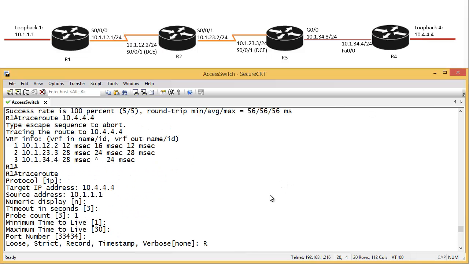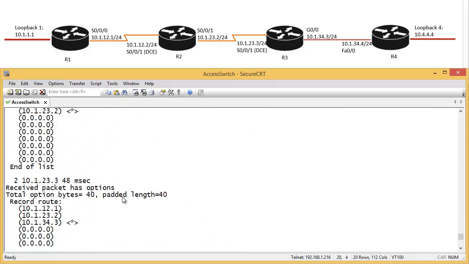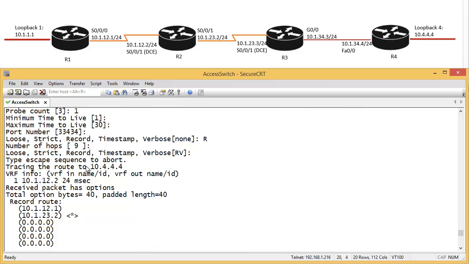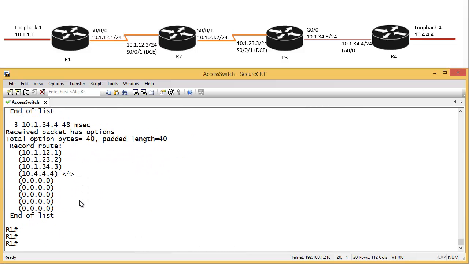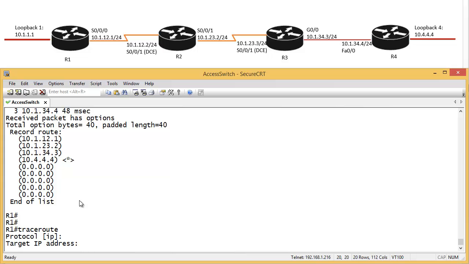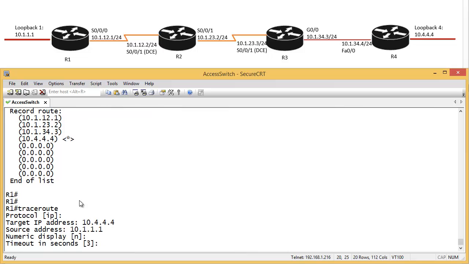Okay, so it's a bit different to what we saw here. We don't really see the exit interface here. We see just the entry, and if we want to see the exit interface of each hop, then we put the record. So this is how you would create an extended traceroute. Traceroute, just press enter, then the target IP address 10.4.4.4, the source 10.1.1.1, numeric display no, timeout 3, probe 1,